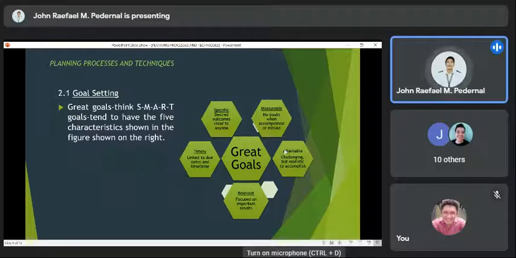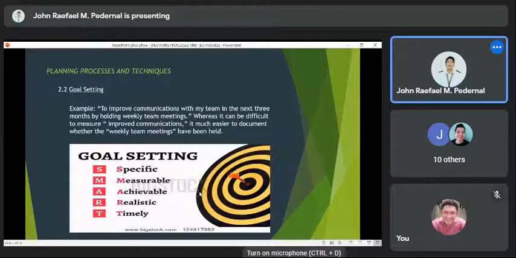Attainable, include challenging stretch factor while still being realistic and possible to achieve. Relevant, focus on important results, not just on activities or effort expended. And last, timely, linked to specific timetables and due dates. Next po. So,